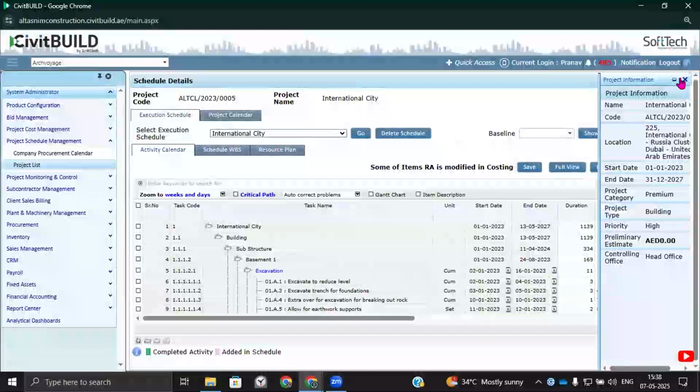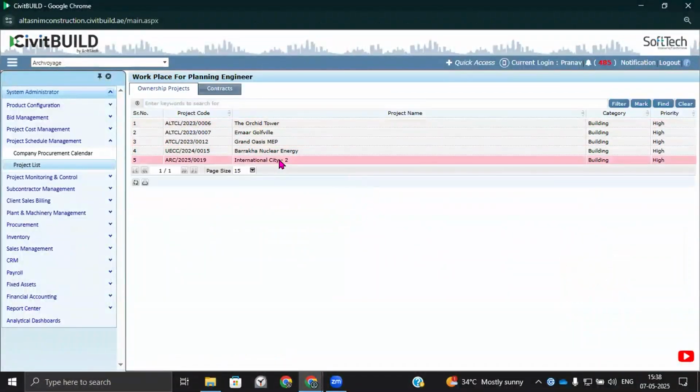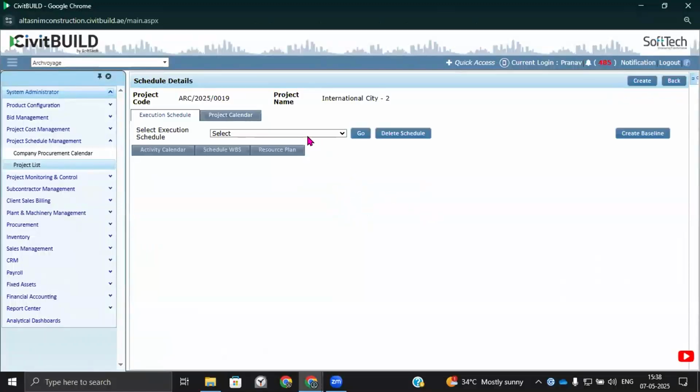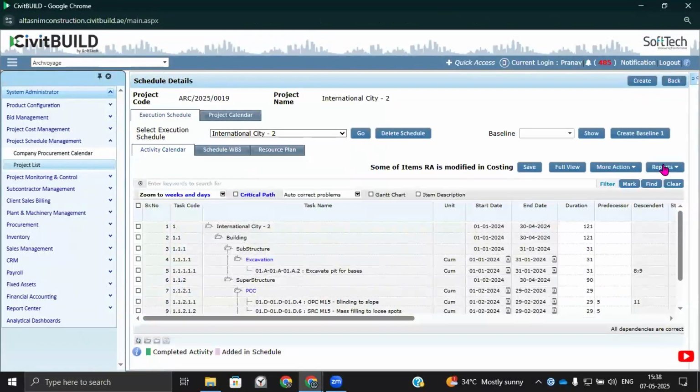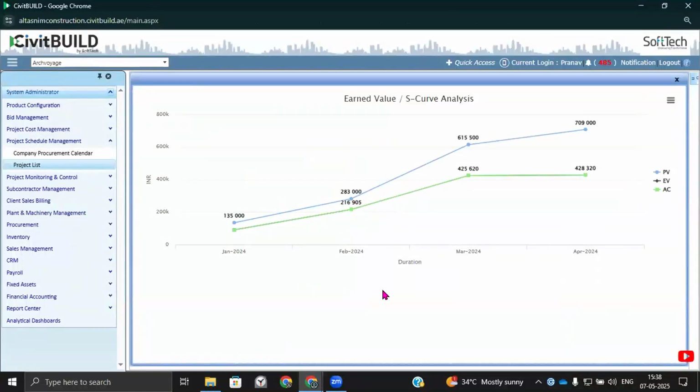Another additional analytical graph, which is mostly preferred by site project managers or the site team, is an S-curve. It helps you understand how my planned value, earned value, and actual cost look. So from a single graph you can know whether you are under budget, over budget, or whether you are behind the schedule or on the schedule. That single picture can be represented with the help of the S-curve, which is getting updated on a real-time basis as the site progresses and the daily field report is getting updated by the site team.